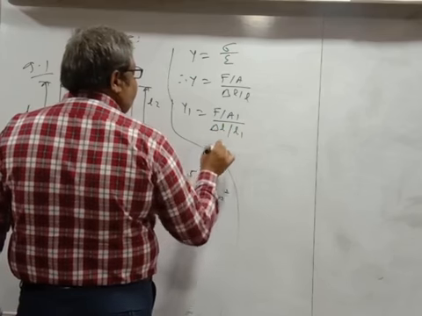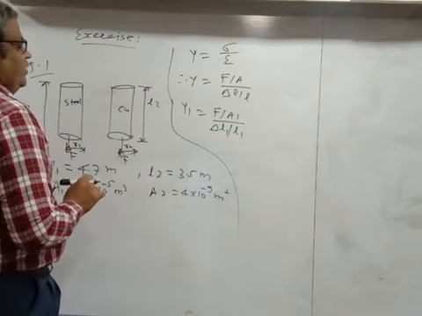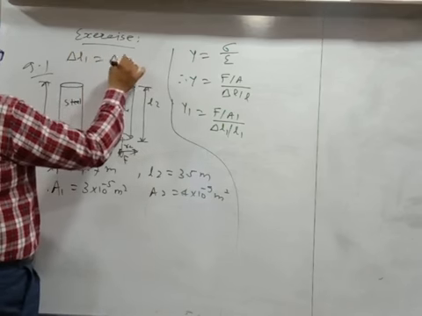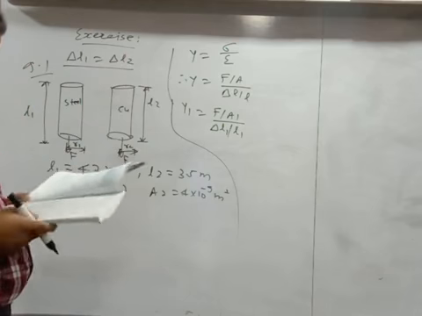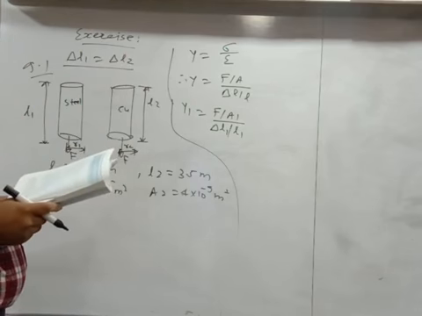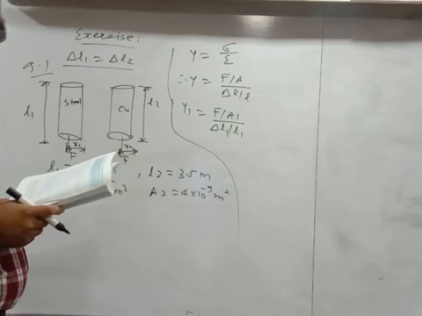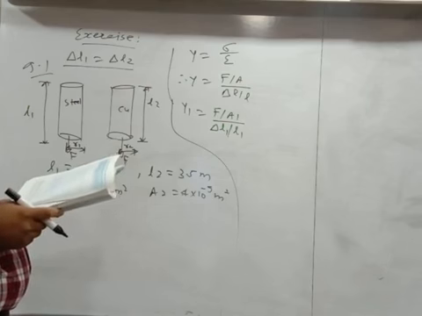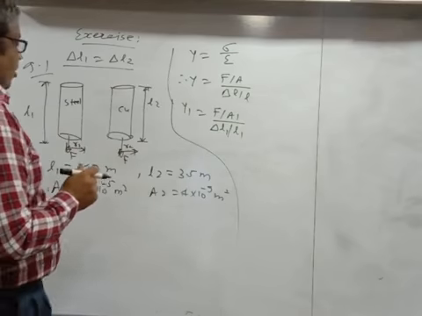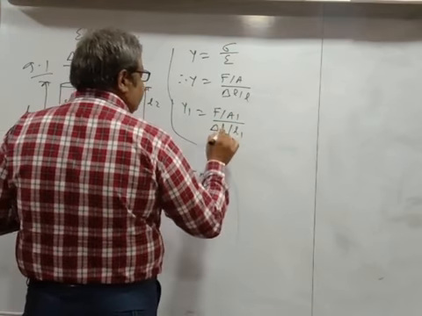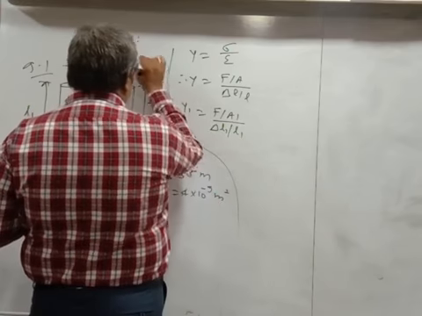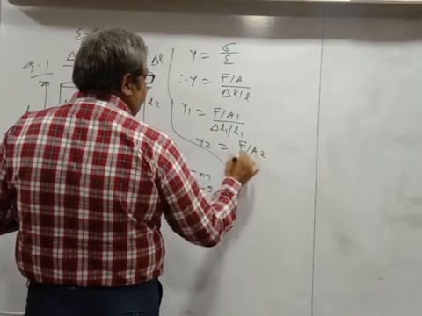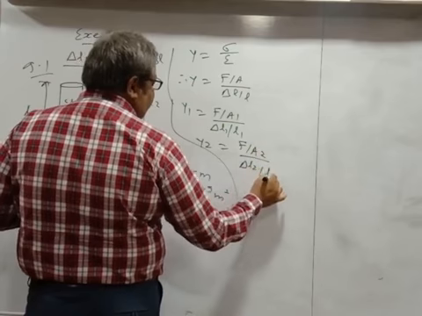L1. Somebody may say, why don't you write delta L1? Because they have given, yes, that delta L1 is equal to delta L2. It is given. See your question. A steel wire of length 4.7 meter and cross-sectional area 3 into 10 to minus 5 meter square stretched by the same amount. That is, they have given here delta L1 is equal to delta L2. Let us say it is going to be delta L. And Y2 is equal to F divided by A2 upon delta L2 divided by L2.